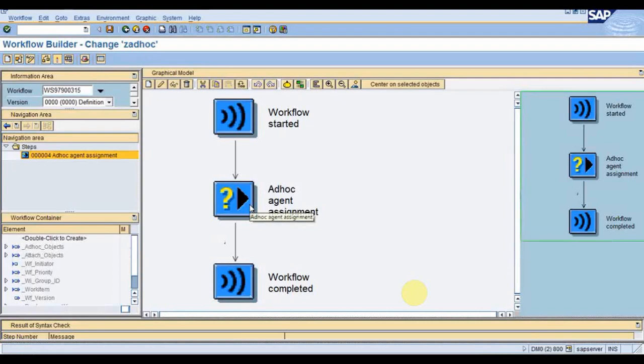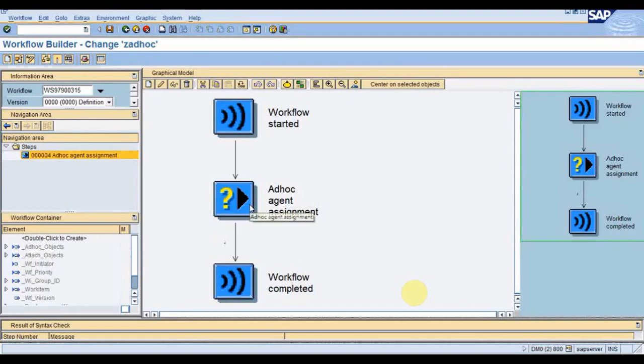And if any one of the users executes that particular work item ID, then the work item will disappear from the other 2 users' inboxes, because the same instance was used for all these 3 IDs. Now, suppose there is a requirement that these 3 user IDs should receive different work item instances based on the task. So the task will be the same, but the work item ID instance will be different.